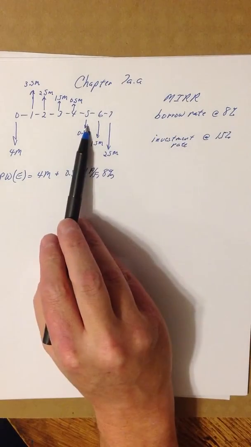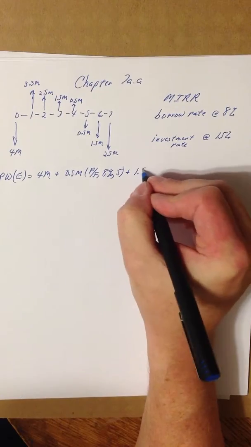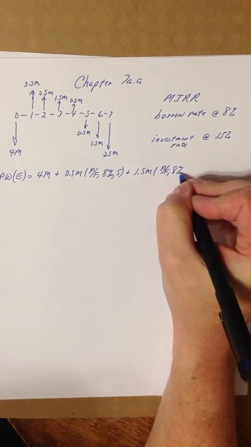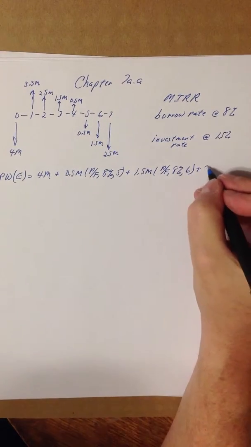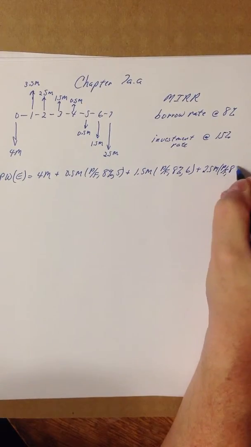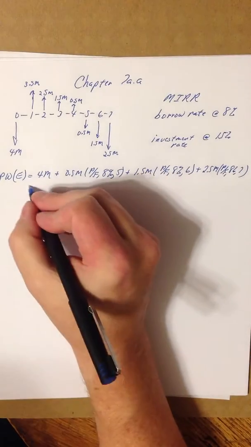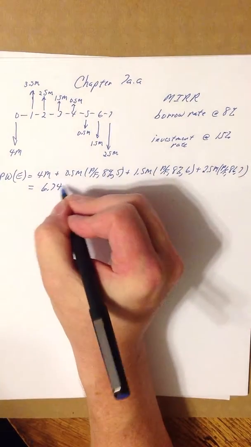Since it is 5 time periods away, we want to move it 5 periods, and then we do the same thing for the $1.5 million. We're going to find a P given an F at 8%, and that's going to go for 6 years. And then we have the $2.5 million, and we're going to find a P given an F at 8% going for the 7. And what we can calculate, we find the net present worth is somewhere around